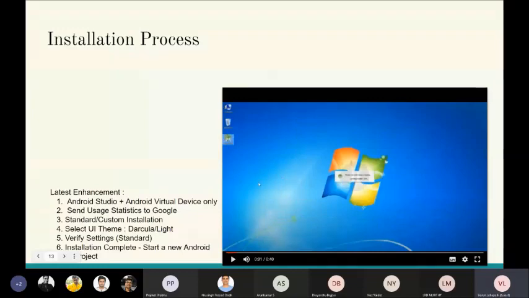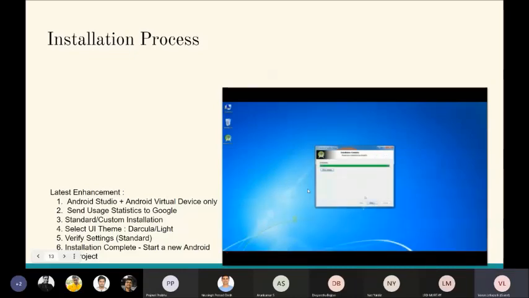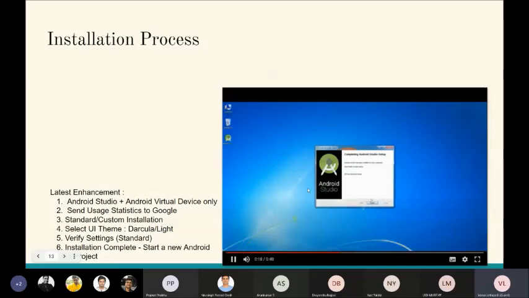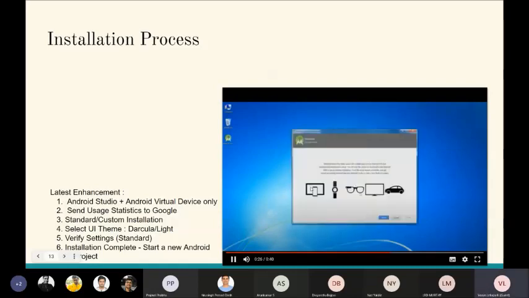After the Android Studio file is downloaded, double click on it. It will take some time to open. Then, as we already know, just click on next, next, next. Just keep hitting the next button. Select the location where you want to install and click next. It takes a lot of time to install. After the installation is done, you will get a page called finish. After you click on it, it asks you to import settings. Just click on do not import any settings, and then it opens a page like this.